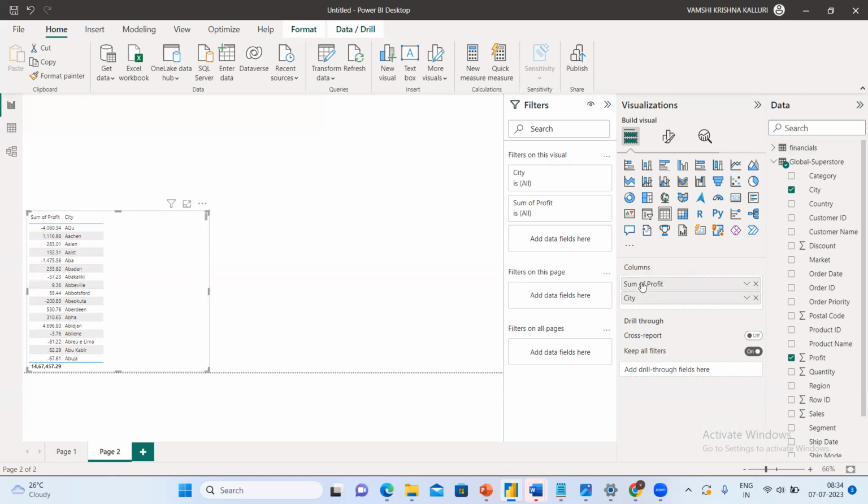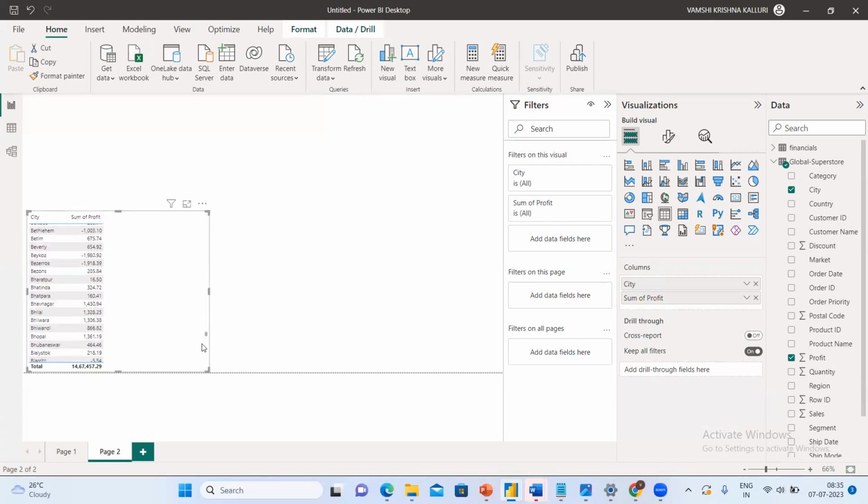Now, if you see, I have a lot of cities, guys. Instead of region, I've taken the city. My customer wants to know which city has more profit. How will you let them know? You need to check each row, and the customer also needs to check each row. There is no alternate way.